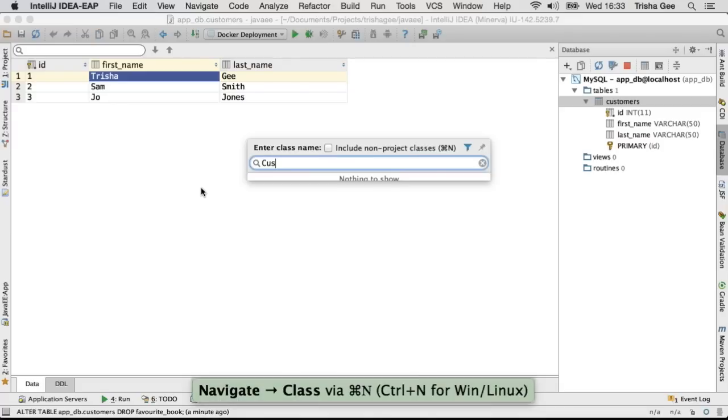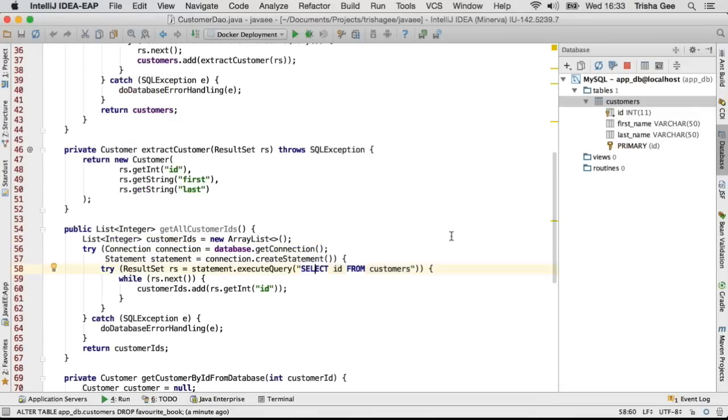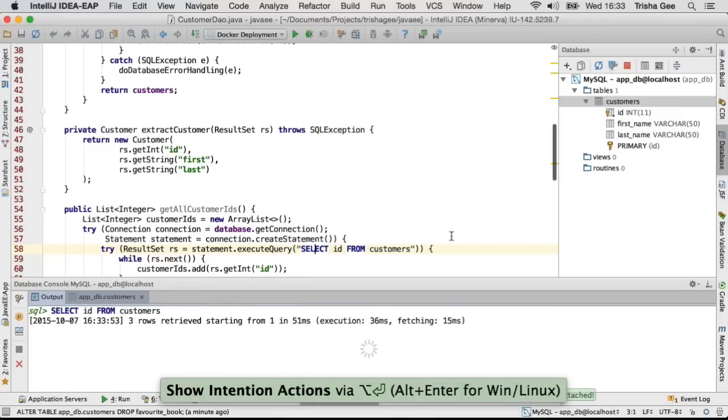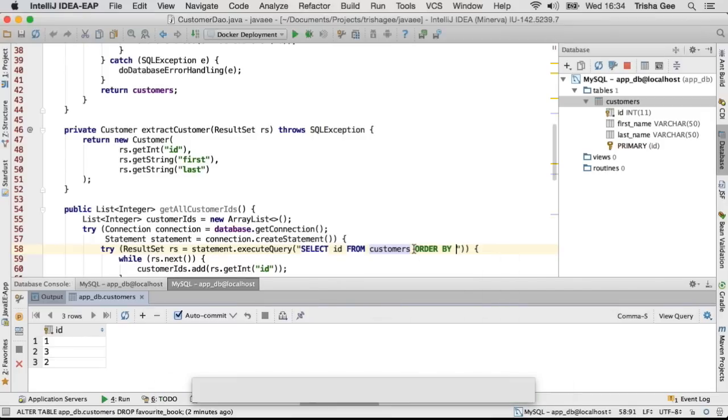And finally, let's bring up a file that actually uses the SQL. So let's say we have this SQL here. I can run this in a console. And so I've run this, and I can see the results of it here. If I try and run it a second time, it gives me the option to rerun it inside this, or perhaps open a new console. This is super useful, obviously, if you want to run a bunch of different queries or variations on the queries,